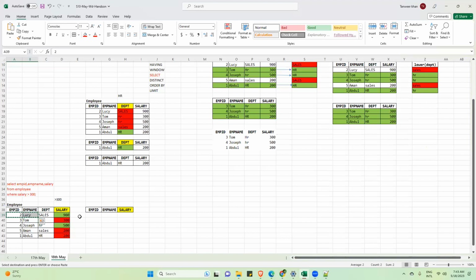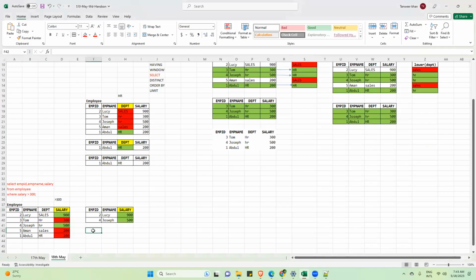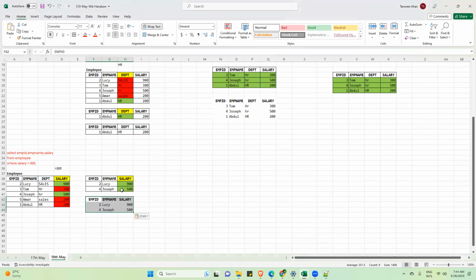Department you don't want to display. So this is as per our analysis. And now check, this is the output of the SQL engine. So whenever you're practicing SQL queries, and we will give you assignments from today, do the same thing. First of all, write a query, do your analysis, and then check what is your output and what is the engine output. Are we getting the same output? Yes, the output is the same. Hope it is clear.